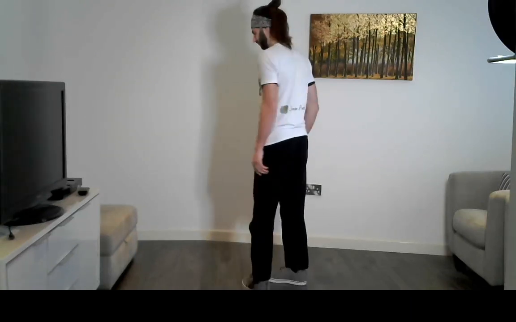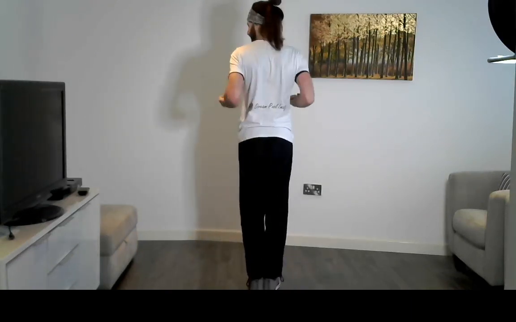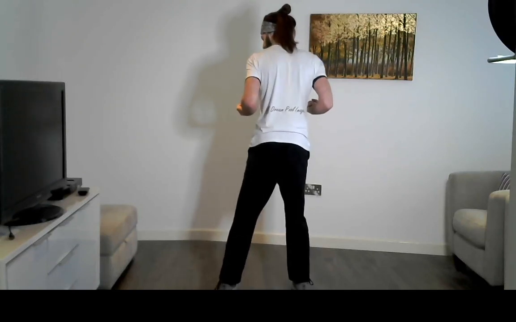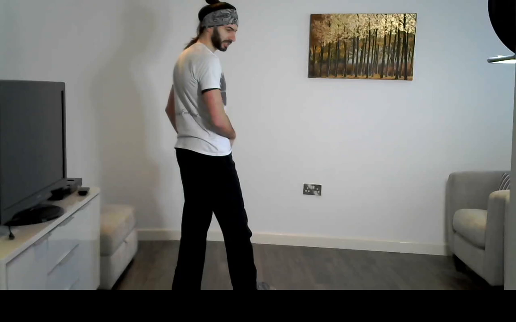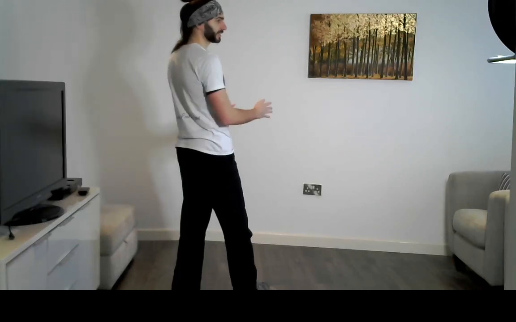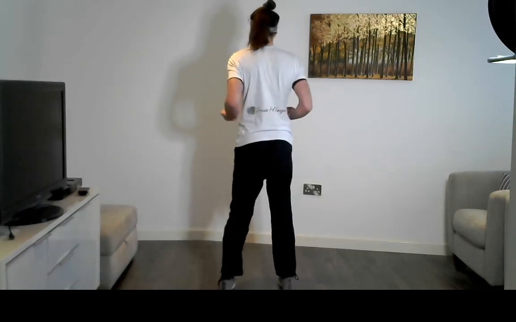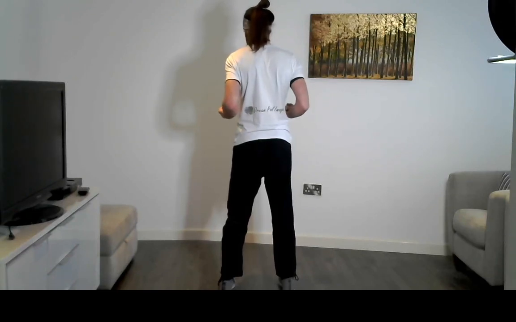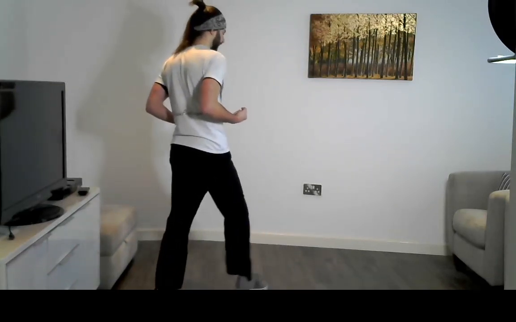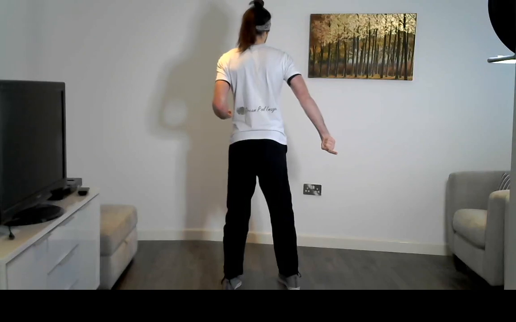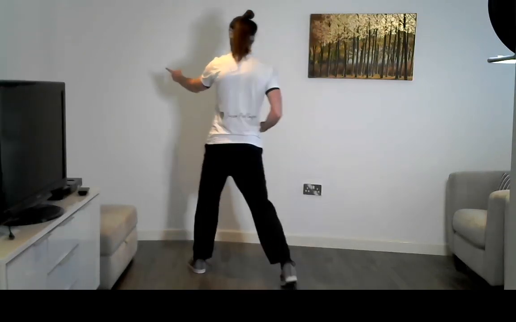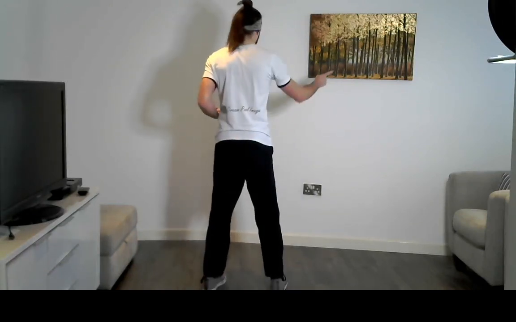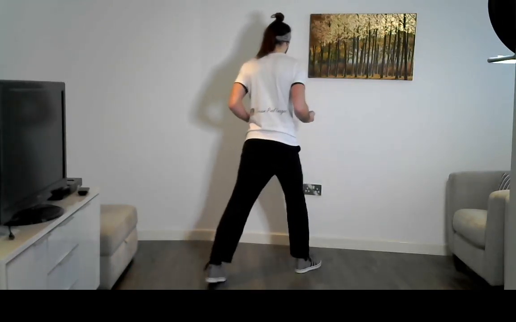So I'll show you from behind as well. If we're in our basic stance, we're going to step back on the diagonal. So our left foot ends up behind, feet pointed in. Then we step back again into our basic stance. So we're going 1 and then back. Other diagonal, 2, back, top diagonal, 3, back, 4, back.